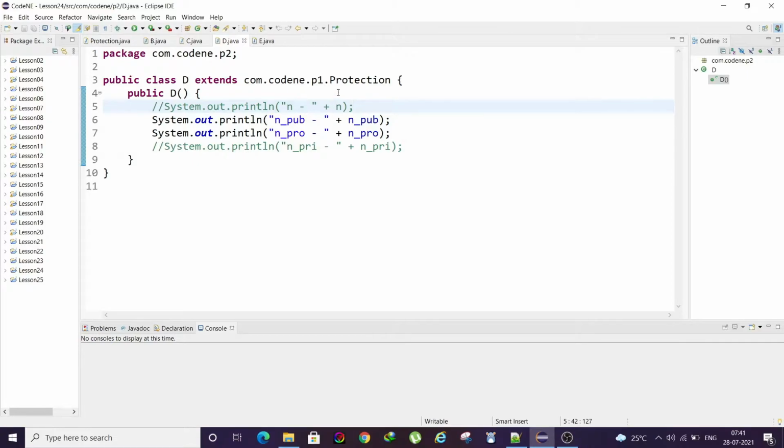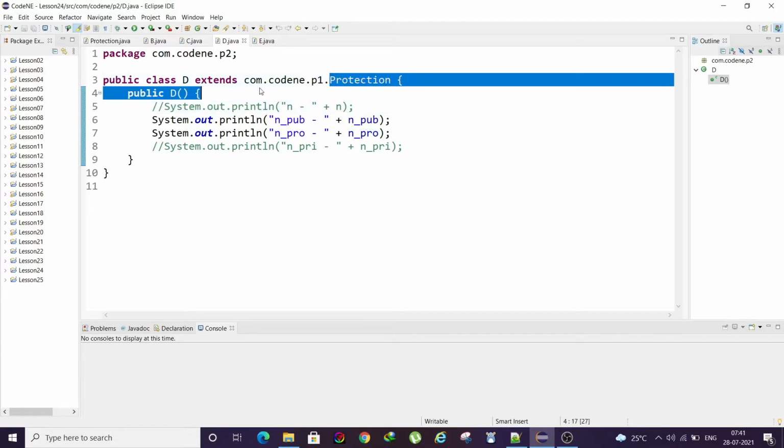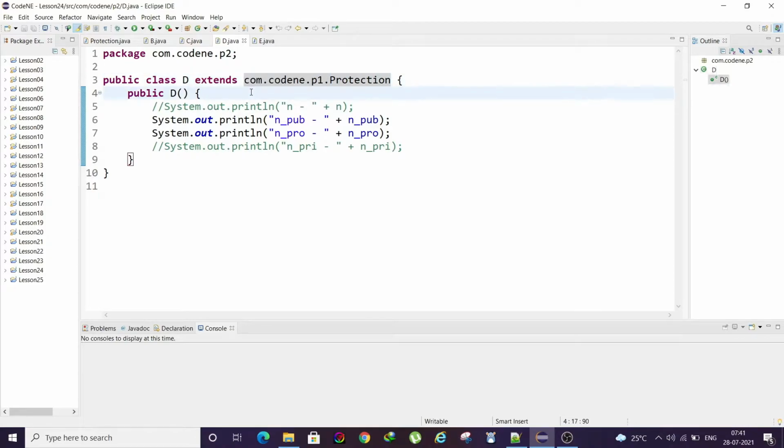So import is just a small topic. Actually, I wanted to cover it in our last session, but somehow it was missed, so I will cover it today. In our last session's example, when we were extending D using the protection of another package, from package P1 we had to give the whole package name. Java provides us the import keyword so that we don't have to write this whole package name